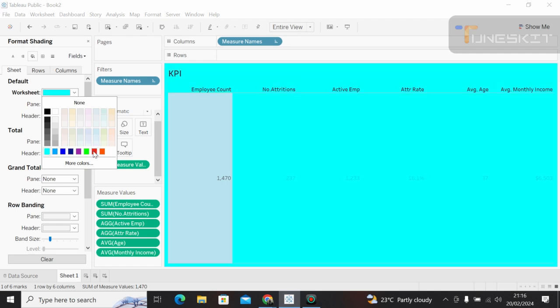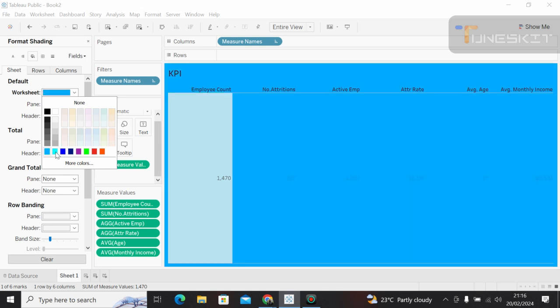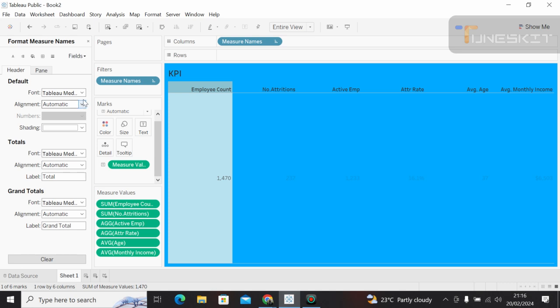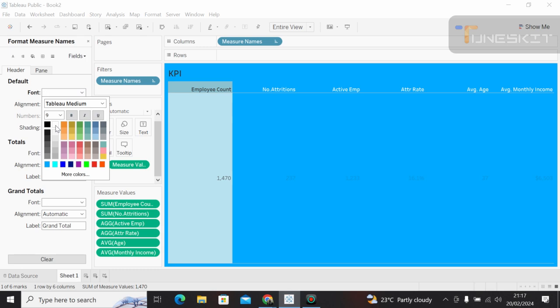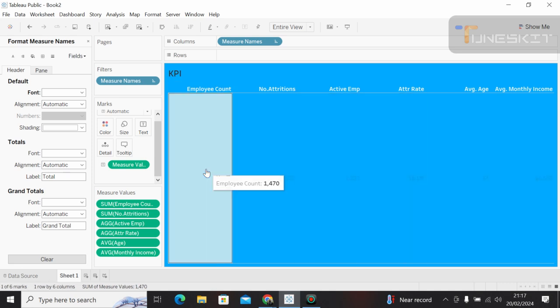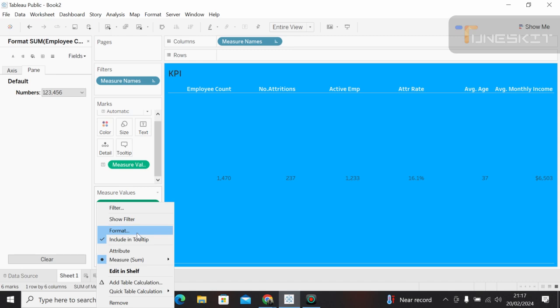Let me take blue. Yeah, so these ones are simply format, no problem with this. I'll take Tableau semi-bold, put white. Let me put 10. So that's it. So these ones, for each KPI, I'll now format and change the